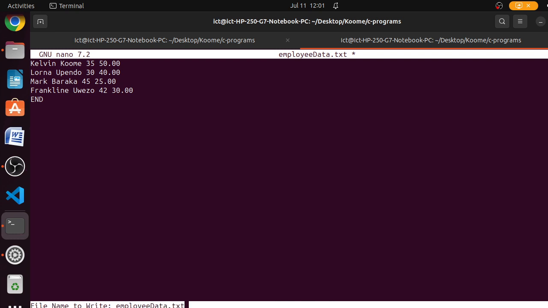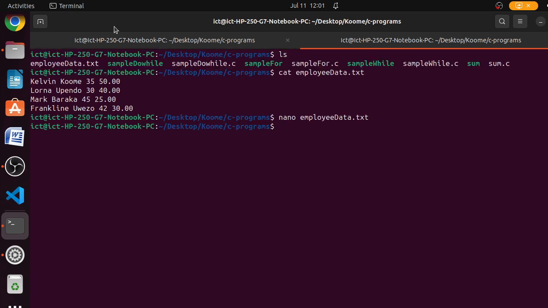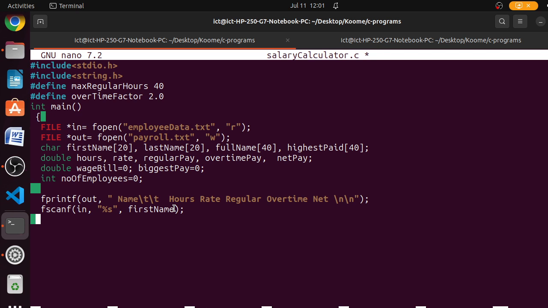So save that, and I will go back to my program. Then from here, I'll have the while loop, which I will try to compare using string compare. This will compare strings using the function found in the string.h library, and I will use this to compare if the first name we have read in